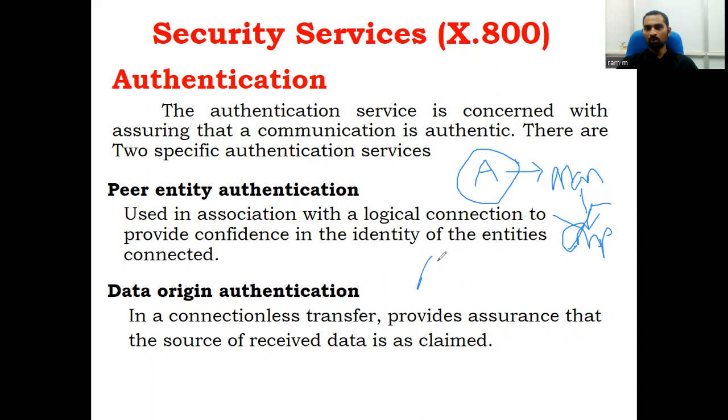Similarly, organization A may be communicating with organization B. For example, consider A as the principal of college A and B as the principal of college B. Now, principal A needs to send some data regarding a workshop or an FDP to principal B. If principal A doesn't authenticate that message, principal B feels that the message received by him is not a message sent by principal A. So these are the problems that occur.